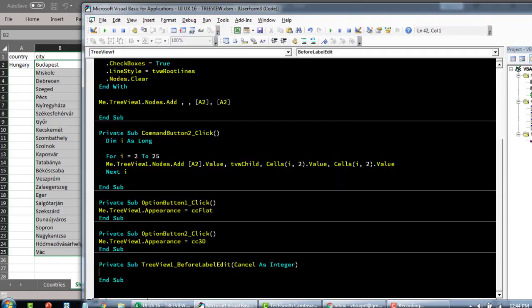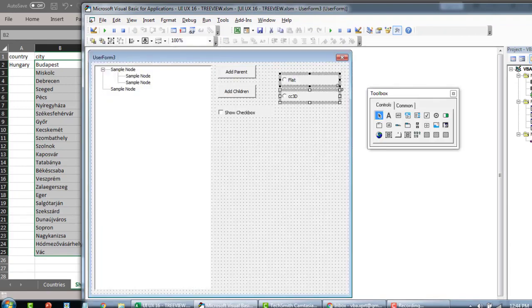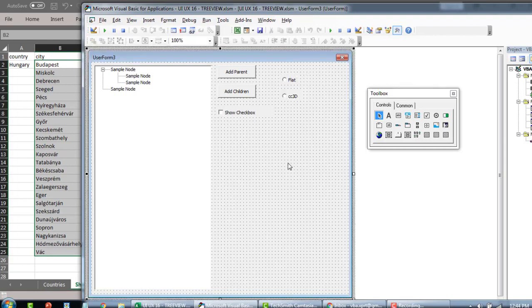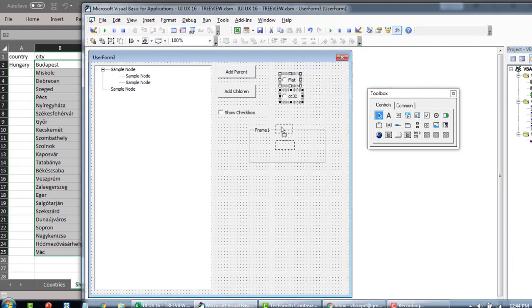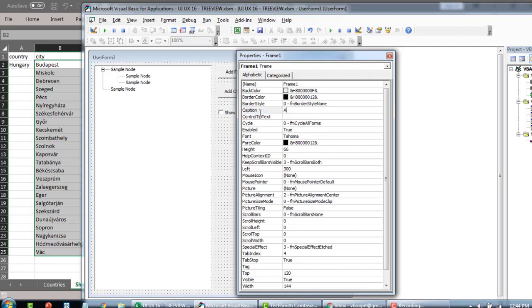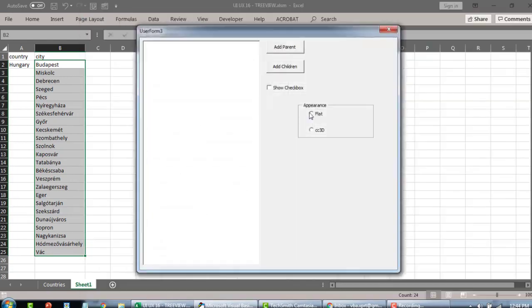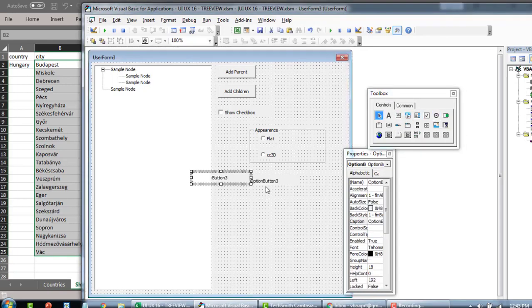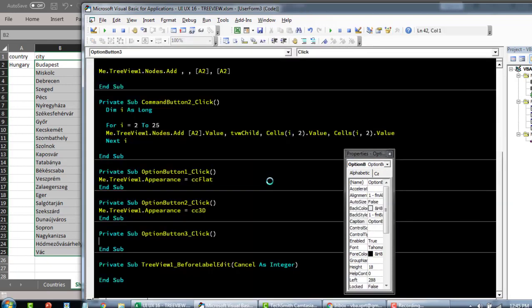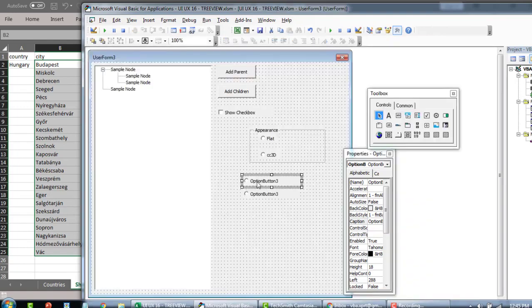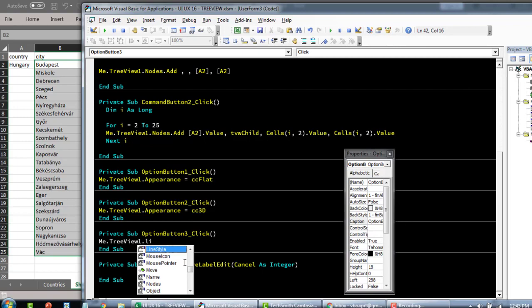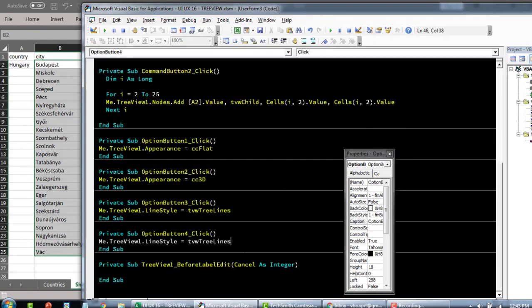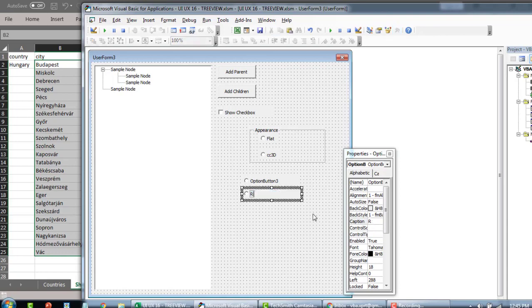And maybe we can also do the line style. So here, since this is about the appearance, we'll move this under 1 frame so that the other option button still works, like this, and we'll call this appearance, something like this. Yeah, and now we'll add 1 more frame, or first let's add 2 option buttons, and we'll call this, so first, dot line style. First will be the tree, and then for the second one we can add the root like this. Okay, so root and then